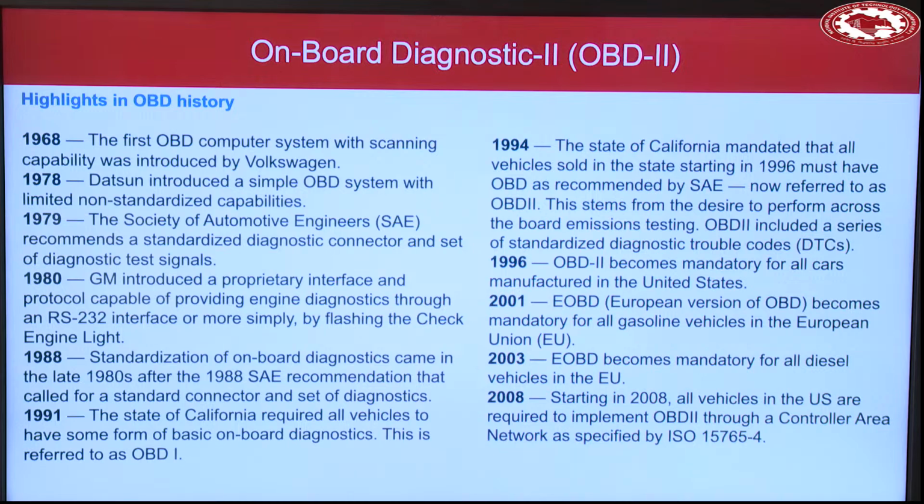1996, OBD-II becomes mandatory for all cars manufactured in the United States. Earlier it was just the state of California, but in 1996 they applied it countrywide. 2001, the European version of OBD comes and becomes mandatory for all gasoline vehicles in the European Union. And 2003, it becomes mandatory for all petrol and diesel vehicles in the EU. 2008, all vehicles in the US are required to implement OBD-II through CAN, Controller Area Network, the CAN bus system, specified